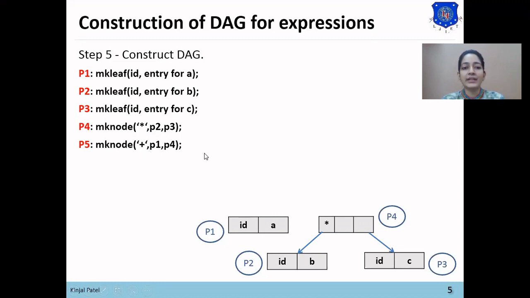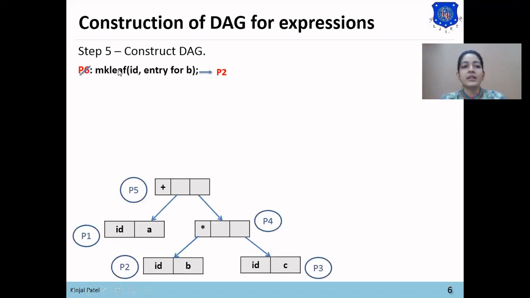So now we'll create the DAG for the plus operator. So the plus operator has been created. Now the left child of this plus is P1 and the right child of this plus is P4. And this plus operator will be named as P5 node.